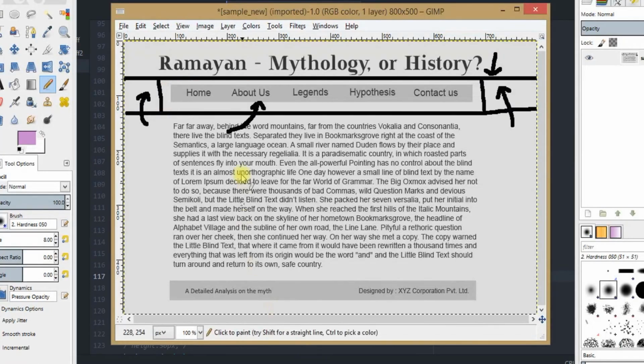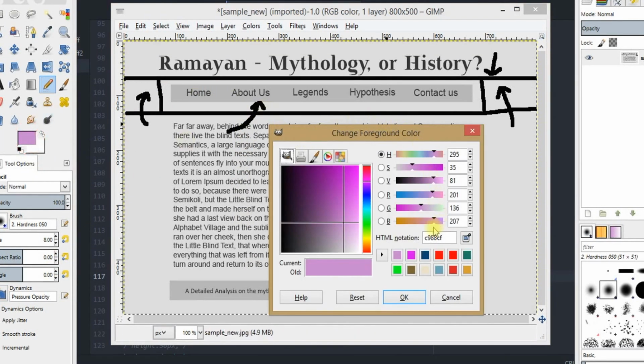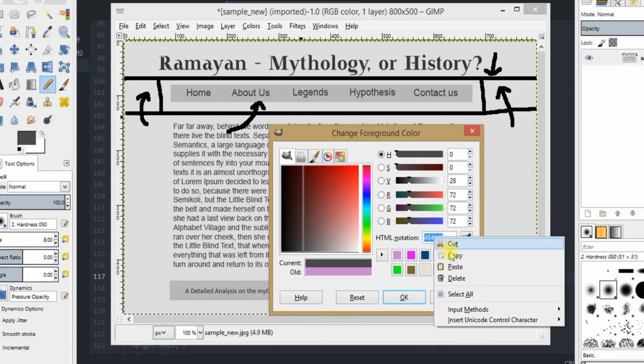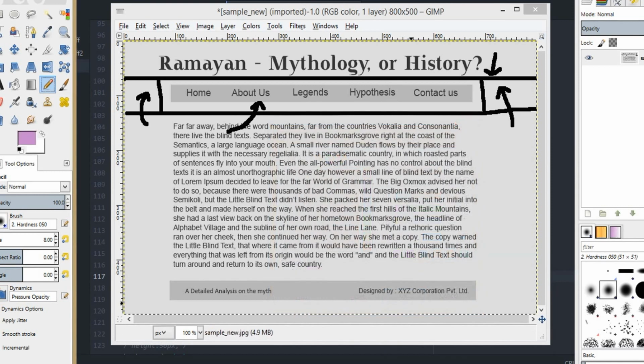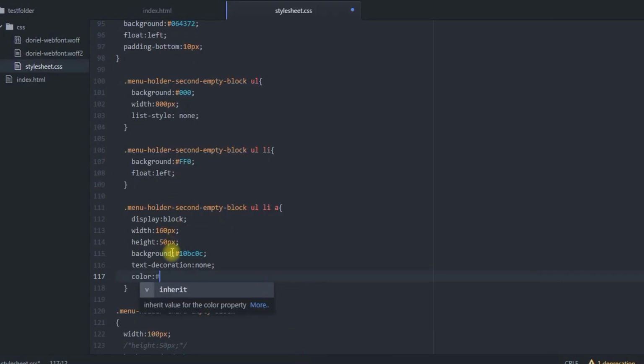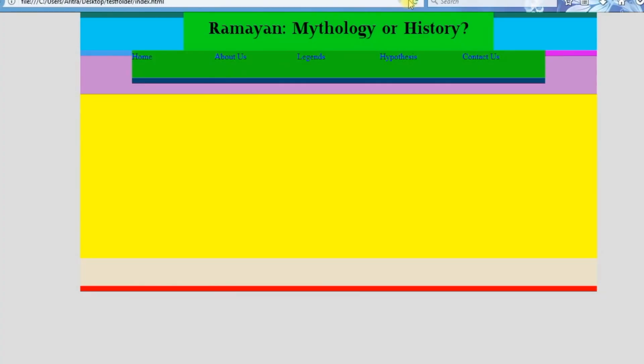Get back to the template, and just pick up this color from here. This is the color code that you are using in your template. Now you need to copy this color code, come back over here and place it over here. Get back to your project, reload, and you see that your color has now been changed.